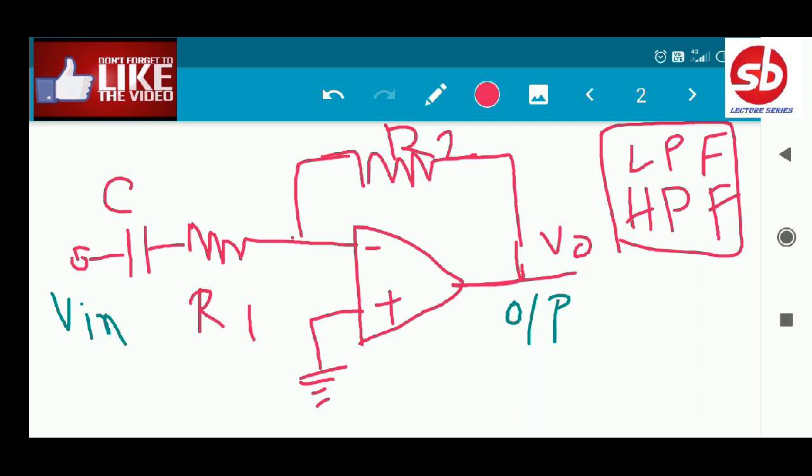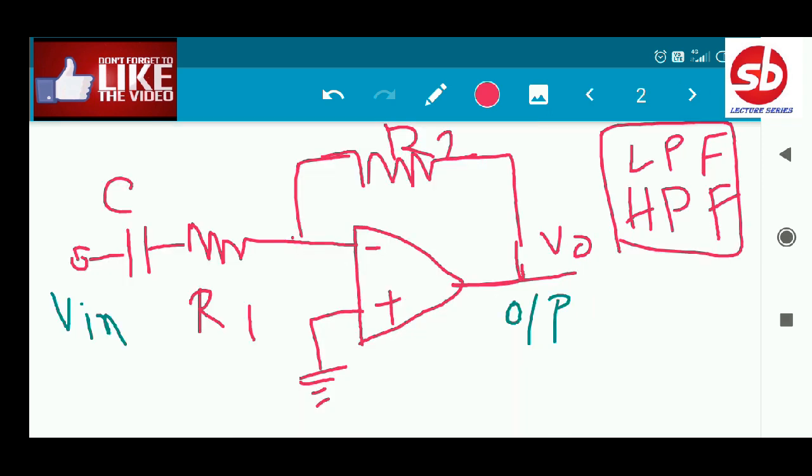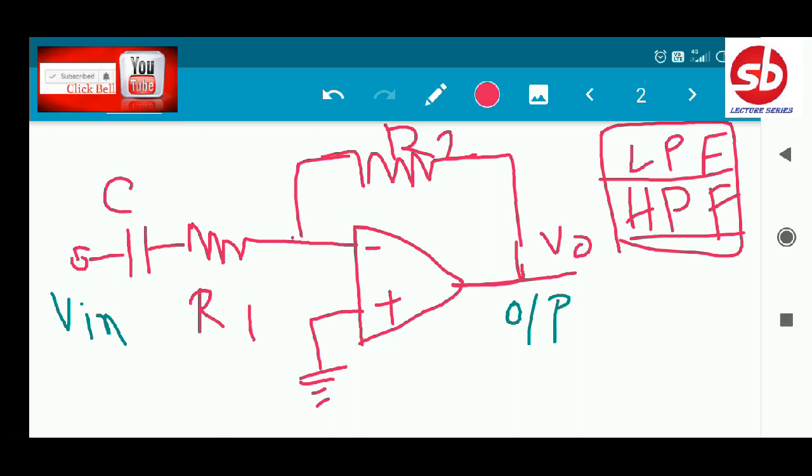Now in this question the options are given clearly, low pass or high pass, so you can assume that this circuit is either a low pass filter or a high pass filter. Now to identify an op-amp circuit, you must listen carefully here. To identify whether an op-amp circuit is a low pass filter or a high pass filter, you just check two cases, that means omega 0 equal to 0 and omega 0 equal to infinity. Now in this case we have to identify whether in these two cases the input is coming into the output or not.